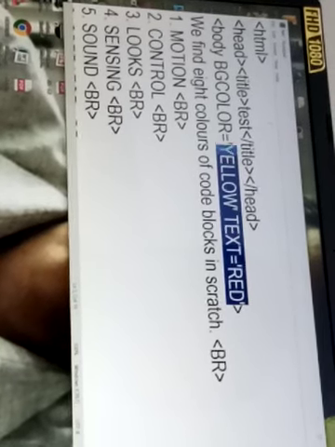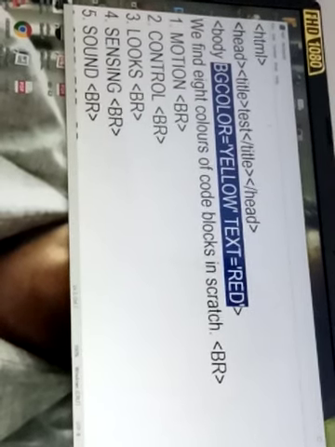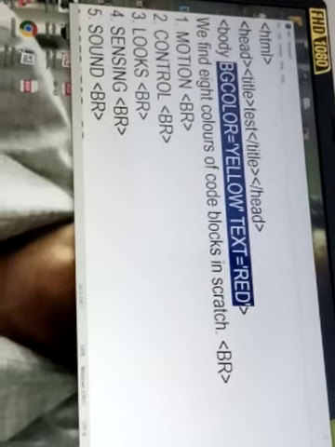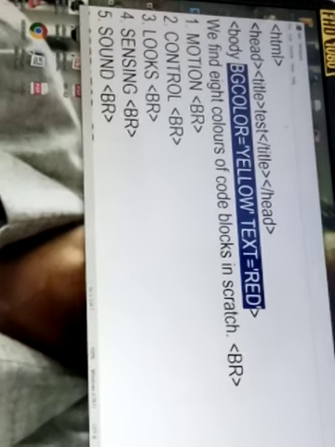So I have taken this thing as an attribute, that is the background color is yellow, text color is red. So hopefully I will be getting the background color of my web page in yellow color, and the text that is, we find 8 colors of coding blocks in Scratch, motion, control, looks, that is all the blocks I have written, I will be getting in a red color.